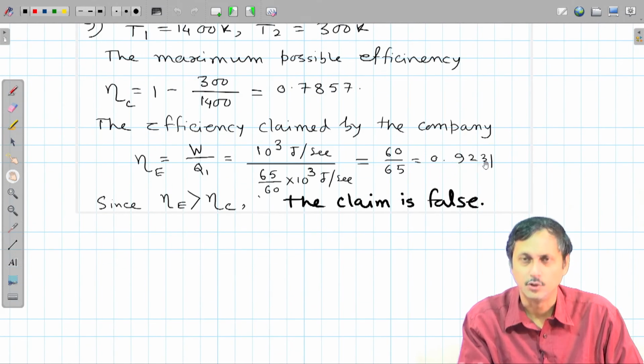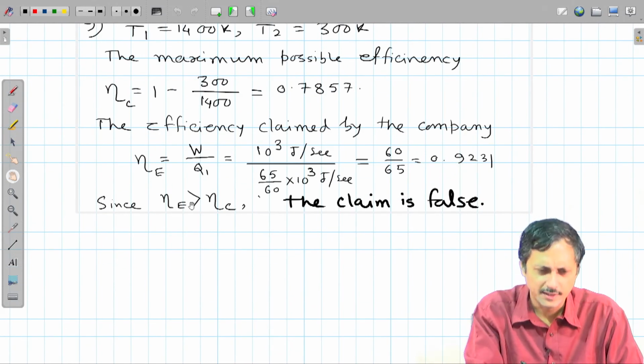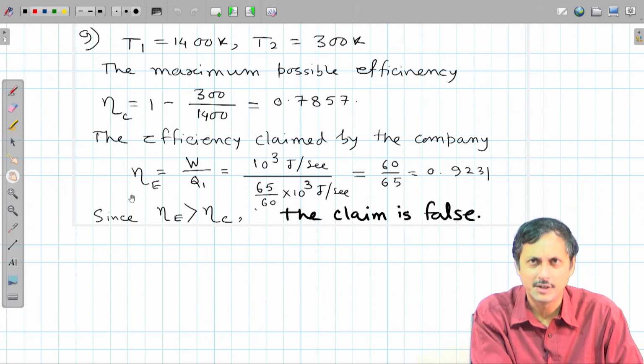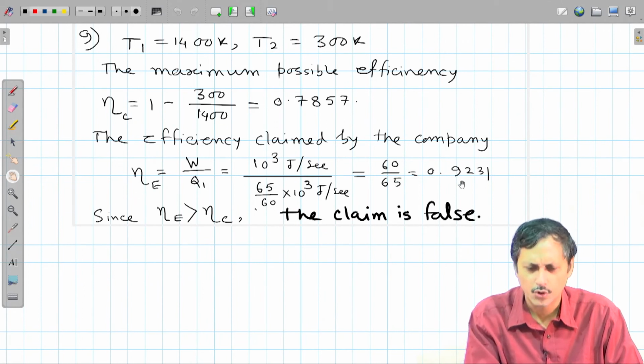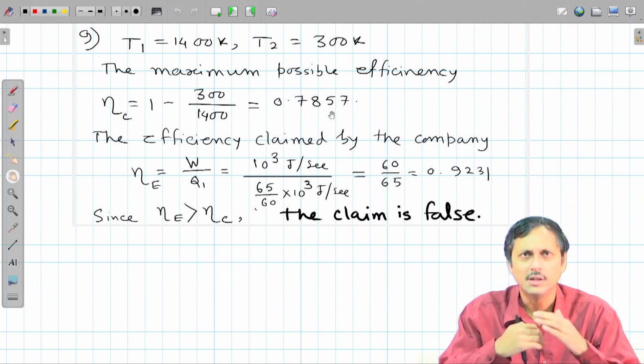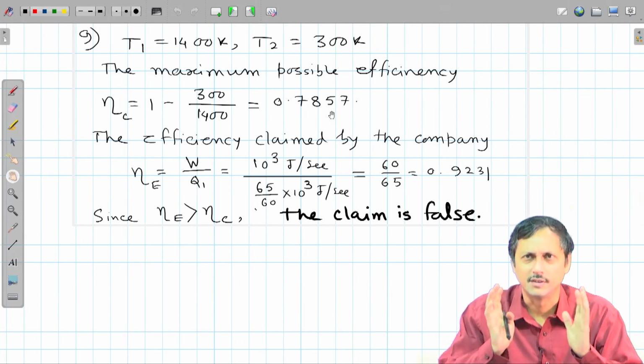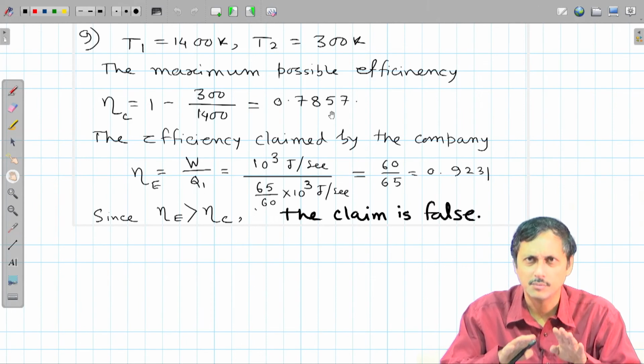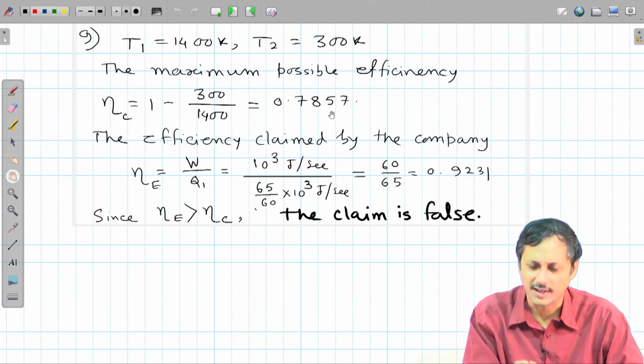of 0.9231. So, the engine efficiency claimed by the company is more than the efficiency of a Carnot engine operating between the same two heat reservoirs. Now, according to Carnot theorem, that is not possible. So, the claim is false,